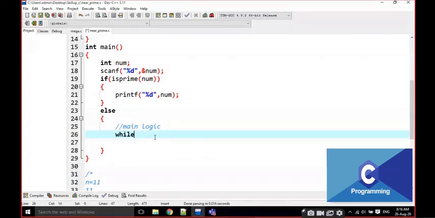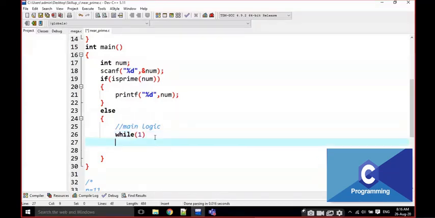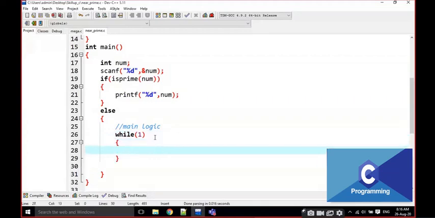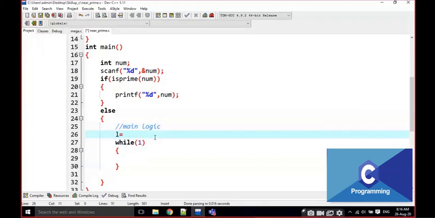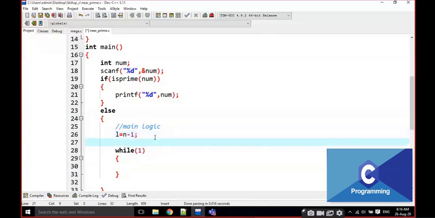While 1, I am going to find here L, which is the left prime, meaning it is going backward, right? L is equal to N minus 1 and R is equal to N plus 1.